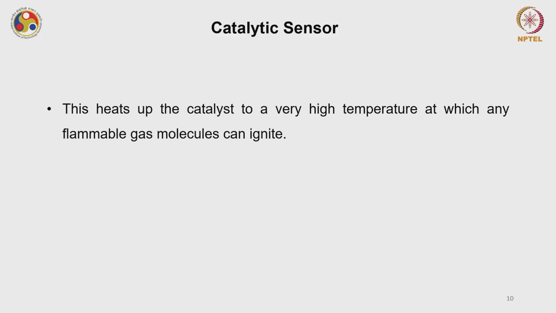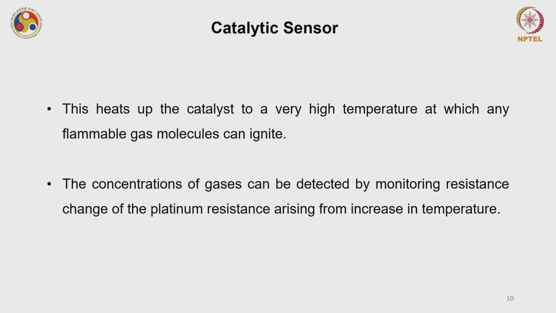This kind of platinum can heat up the catalyst to a very high temperature at which any flammable gas molecule can ignite. The concentration of gases can be detected by monitoring the resistance change of this platinum resistance arising from the increase in temperature. So when you increase this temperature, the gas will ignite at the surface of this platinum, and because of that the resistance of this platinum wire will change,